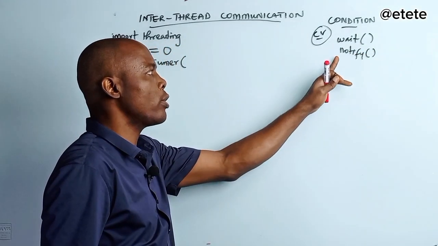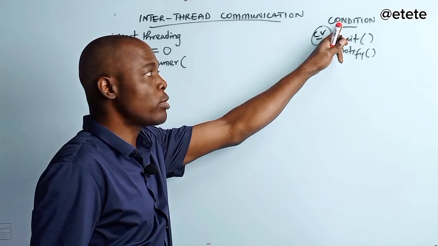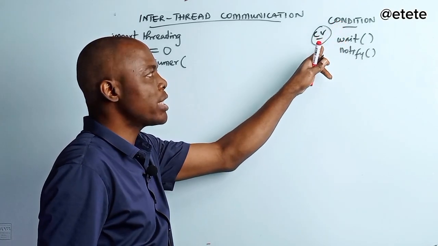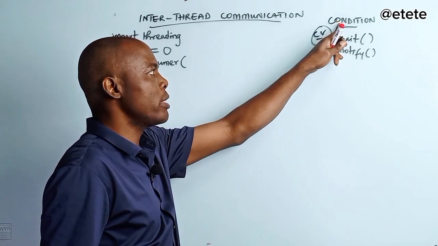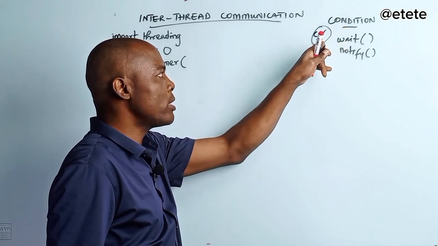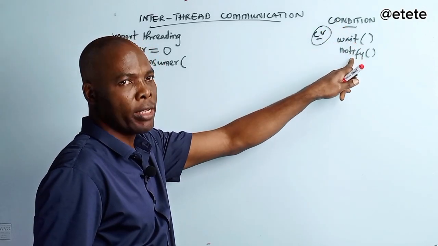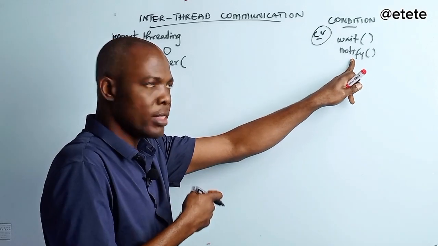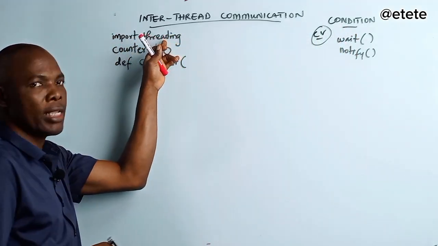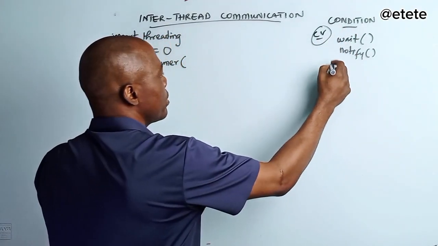So I need these two methods from this condition class. So I have to create an object that will instantiate this class, and then using that object, I will now be able to access these two methods to use in my script. That is why I'm importing threading, and also to be able to create threads,